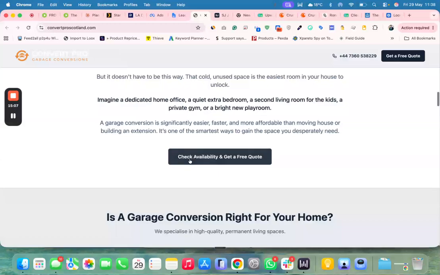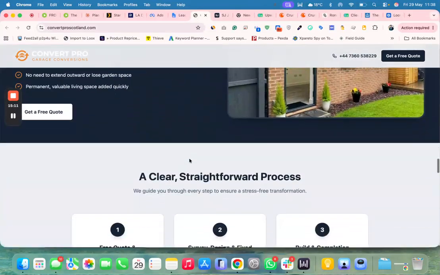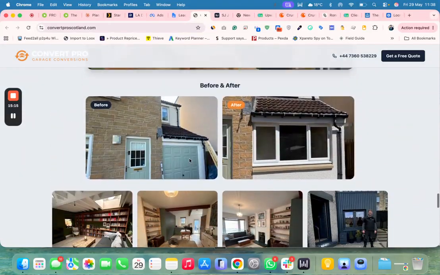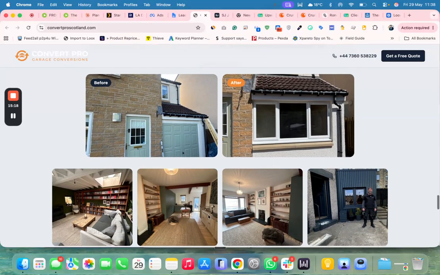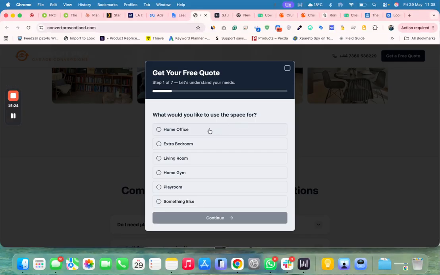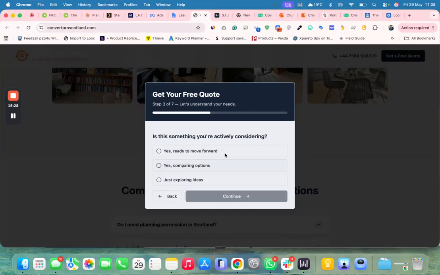And as you can see, it follows a very similar structure with all my landing pages. And with this one, because the client has lots of images, I try my best to add some images, some before, some after. And then just like before, they click on this and they're going to get the opportunity to ask certain